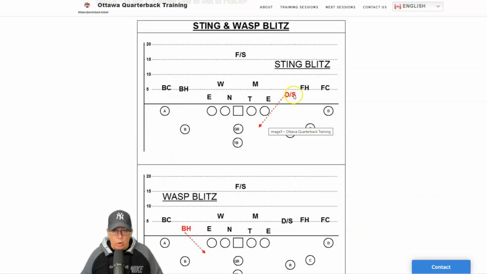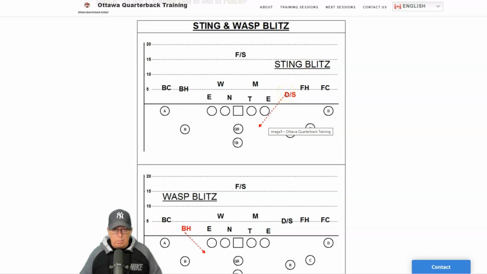Hey, when you got those creepy crawlers coming down to the line of scrimmage, and the free safety all of a sudden, during your cadence, starts walking down here, which is out of the ordinary, right? I call that low hanging fruit. So if you got low hanging fruit coming down here, guess what's probably going to happen? Somewhere around here, there's going to be a blitz, right? So there's my blitz snitch, and then the tailback will have to say sting, sting, sting, strong side,